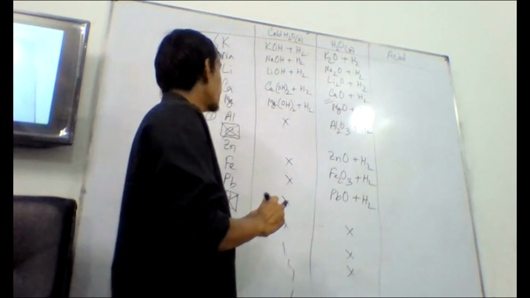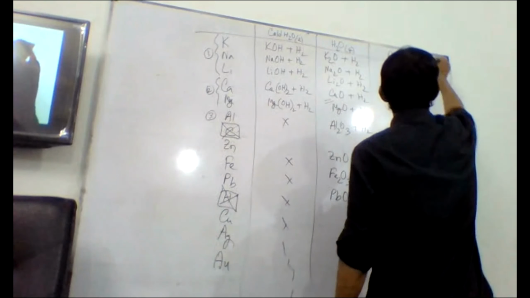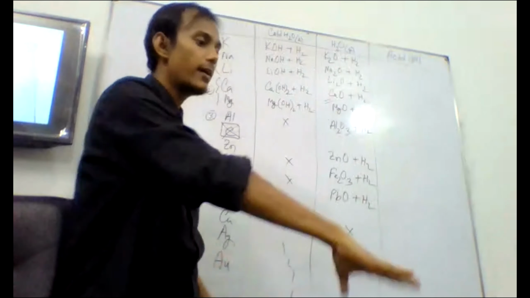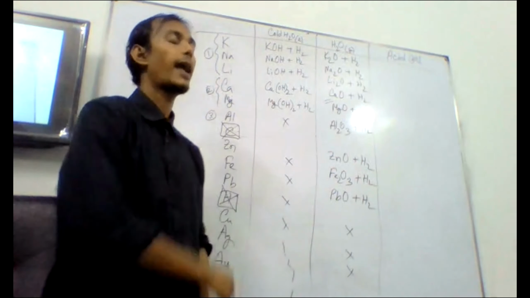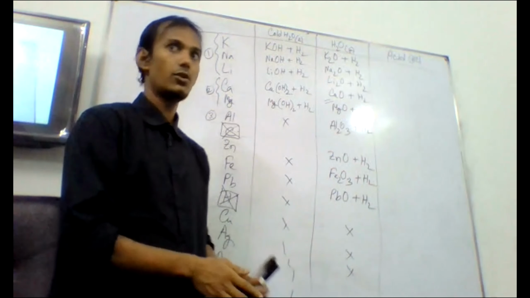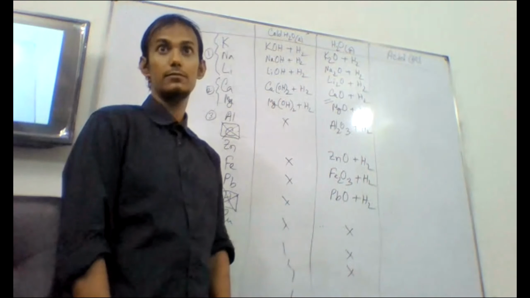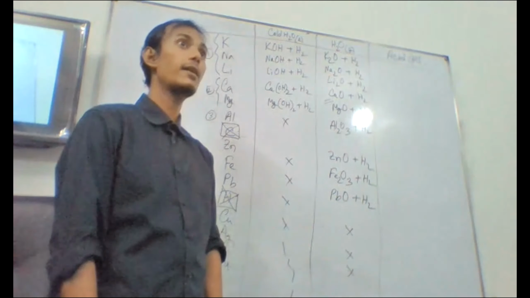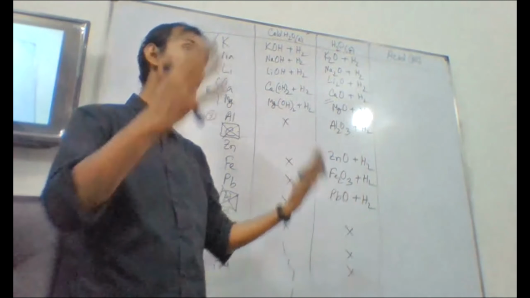Now with acid, for example, if we add hydrochloric acid, we take 12 beakers containing hydrochloric acid and put all these metals in. You should not put potassium metal in hydrochloric acid in the lab, because you will run, and all the other students with you will run, and the whole school will be